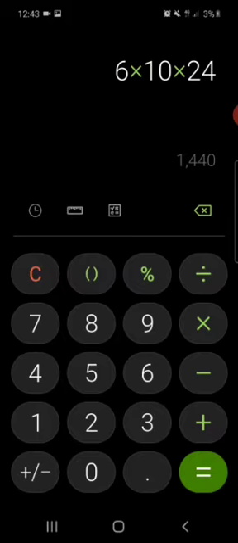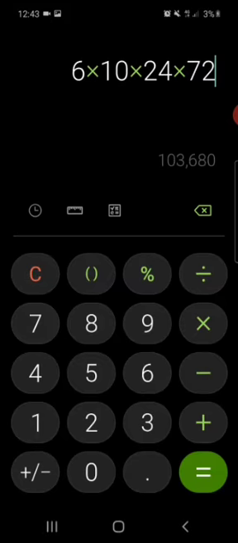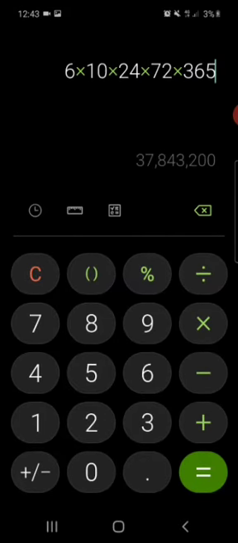I add this many people per day. I add 1,440 people, which is 1,440 views for free. And then I go times 72, and I'll add this many people, which is 37 million people over my lifetime of over 100 years. My goal here is to reach the age of 100, so I times it by 72 so that you realize that in 72 years I'll be 100.